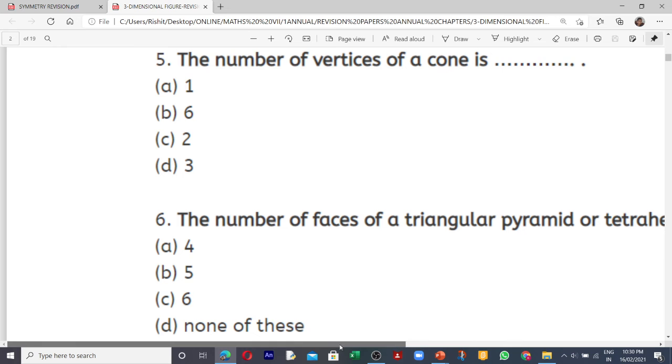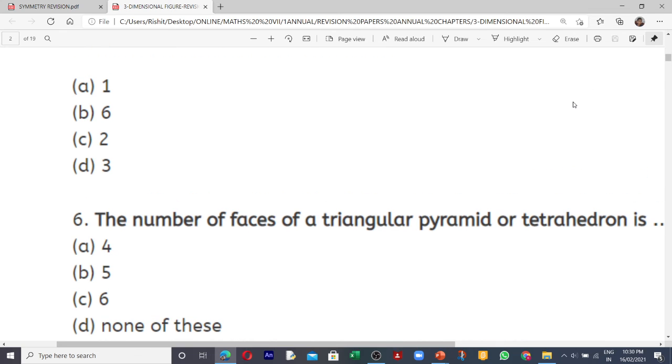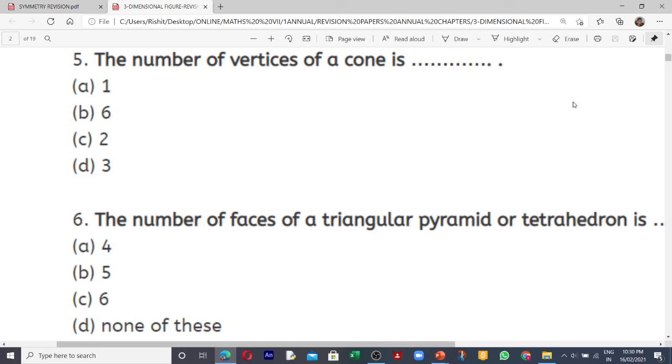Next. The number of faces of a triangular pyramid. See this. It is not in your syllabus children, but somewhere you will find it in 3-dimensional shape. So just try to answer it. Pyramid means the top is pointed and the base is triangle. That's why it is a triangular pyramid. Base क्या है? Triangle है. ठीक. So how many faces are there? एक तो base पे ही हो जाएगा. Now count the side. हाँ. Lateral surface को भी count कीजिए. कितने face होंगे?